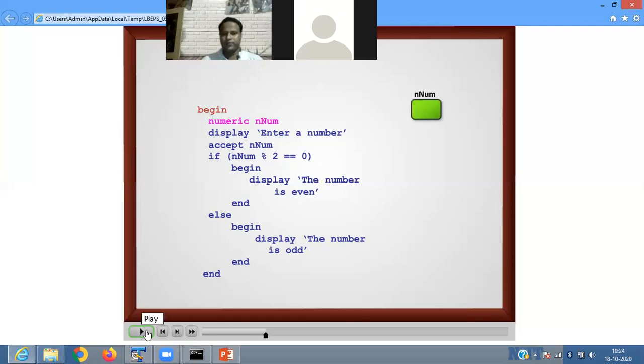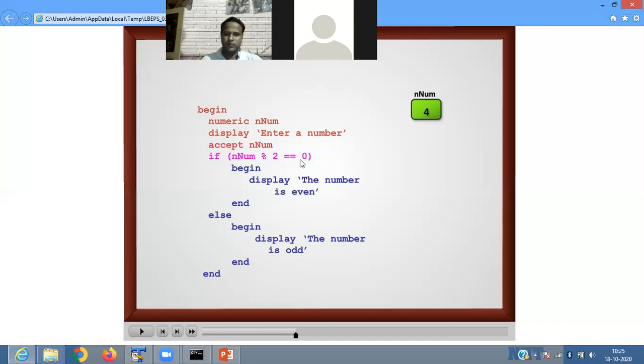Then display enter a number. So we accept one number. Suppose it is 4, now 4 modulo 2 is equal to 0.